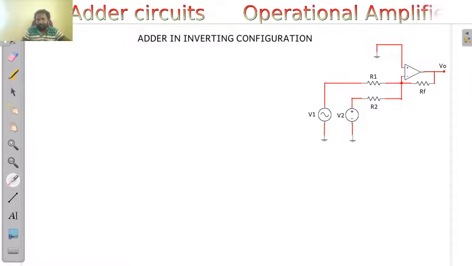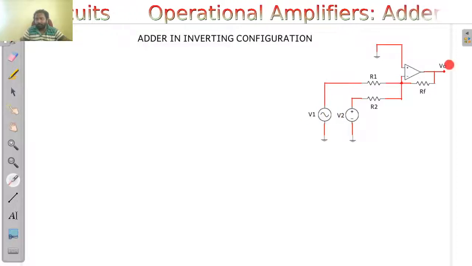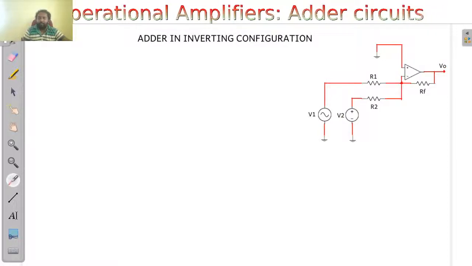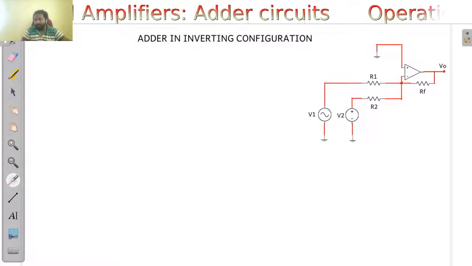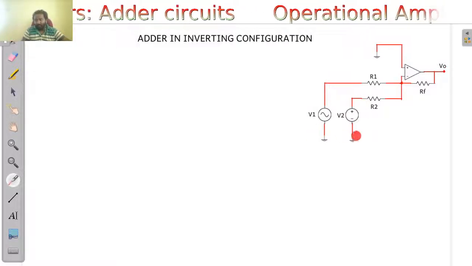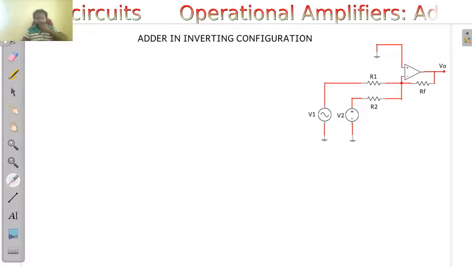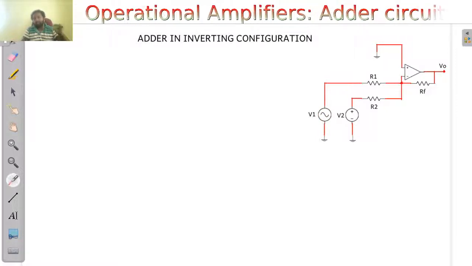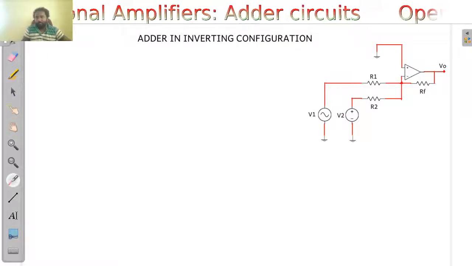It doesn't really matter. What it essentially does is it adds these two numbers, V1 plus V2, at the output. There might be a sign change because you are giving it to the inverting input, so obviously there will be a sign change. Let us see the mathematical derivation to obtain the output voltage given these input voltages. We are least bothered about the actual equation for the AC signal. Let's consider it as an AC signal, that's it. We will just take it as V1 and V2 and do the operations.